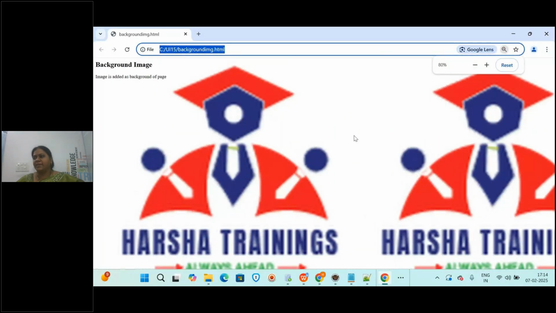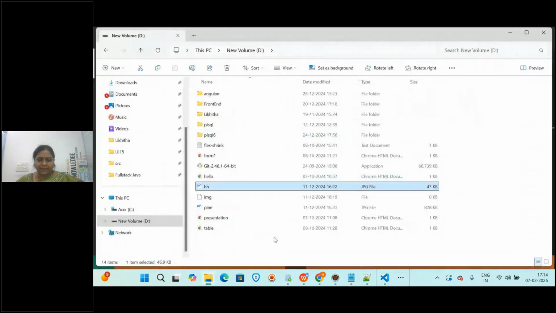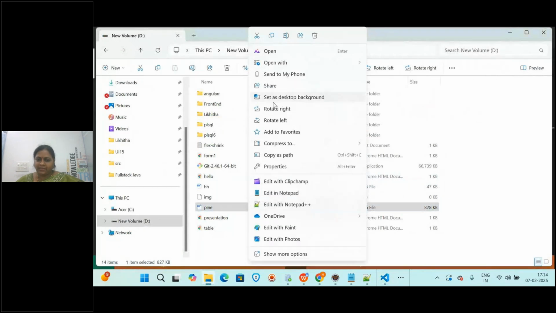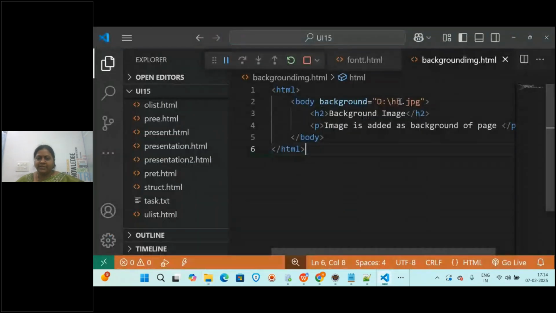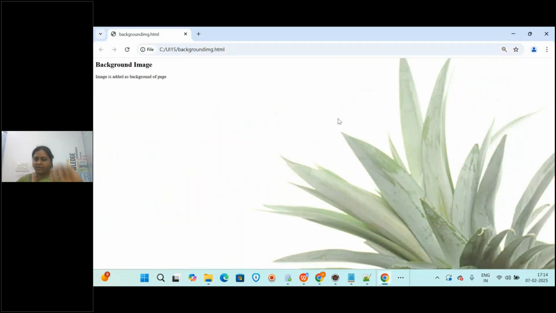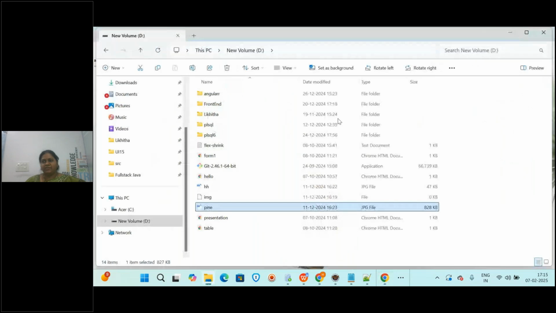If it is a small image, we can get it in a different way. Here there is one more image also, like a pine. I'm going to right click on this and say copy the path, and then here I'm going to paste the image path. Save this, go back to the browser, and then let us refresh it. Is it displaying or not? So the image gets displayed in the background. Okay, so if it is small, it fits to the screen. We can also provide width and height, but not directly here in the CSS, wherever we add it.